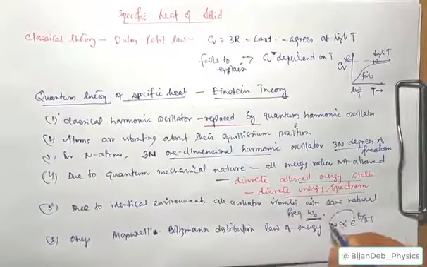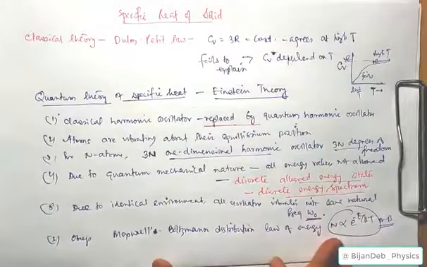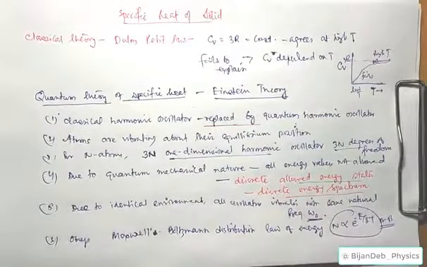These are the Maxwell-Boltzmann distribution law. So these are the few basic assumptions. On this basis we will now derive the results for Einstein theory of specific heat, that is the first quantum theory of specific heat. So okay, now we proceed for derivation of Einstein theory.